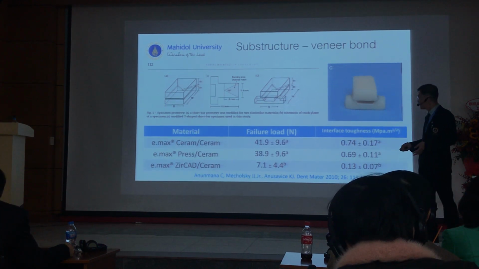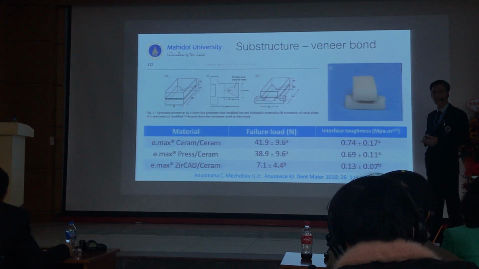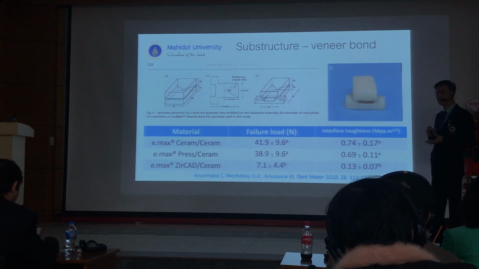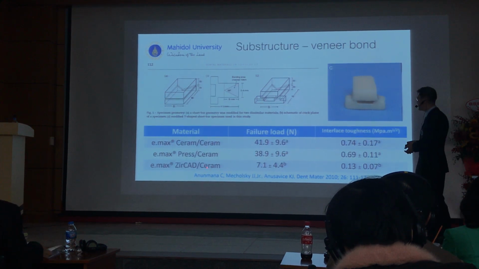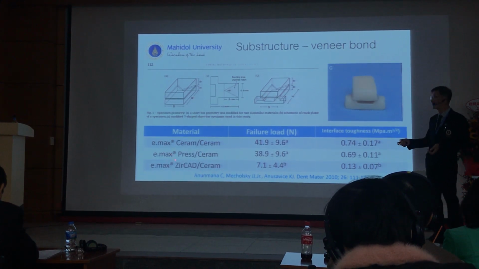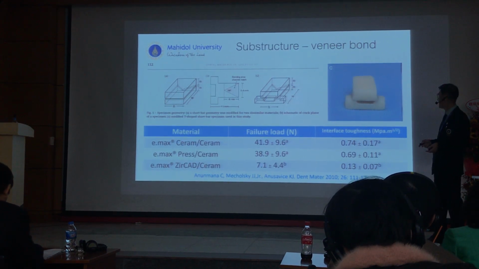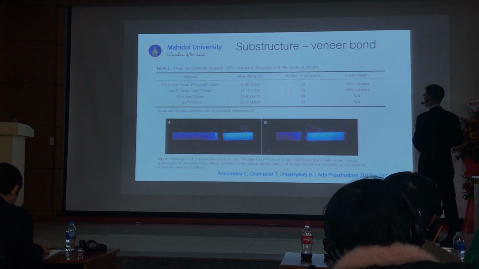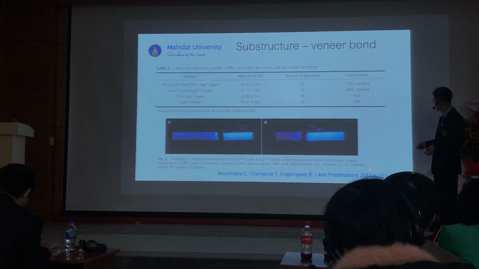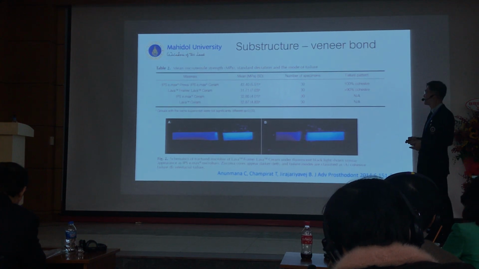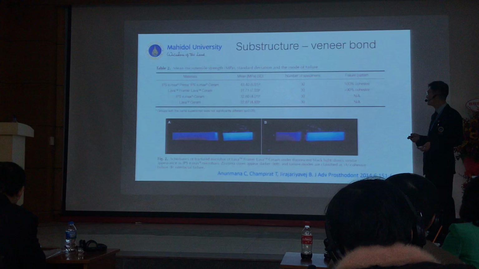So during the last 10 years, I did one research. I tried to make a measurement between the zirconia and the porcelain. And I found that the bond strength of the zirconia and the porcelain is very low, compared to the glass ceramic and the porcelain. Okay? That's why the problem of chipping of the zirconia happened in the past. And I did another research, and now, in 2014, I found that the zirconia is better compared to the past, in the early stage of the zirconia.